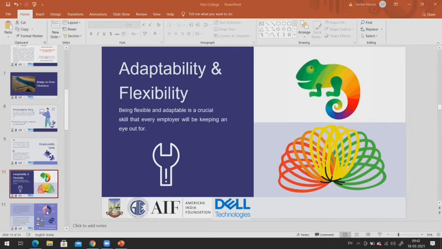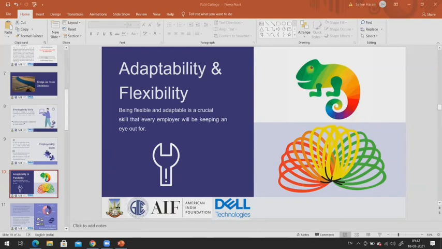Now, employers are always looking for people who can move out of their comfort zone, see change as an opportunity rather than cribbing about it and doing the work, and are always looking for growth and innovation from this adaptability.